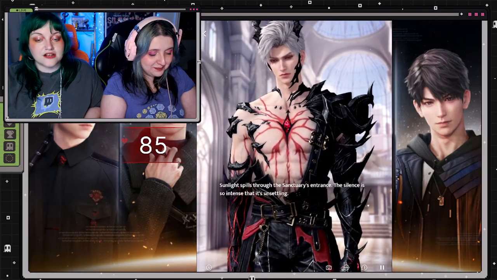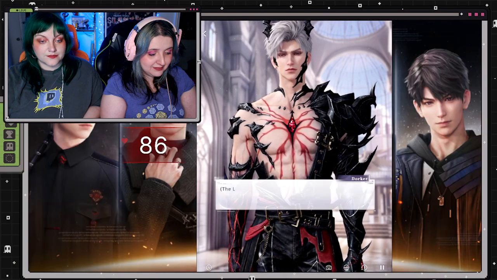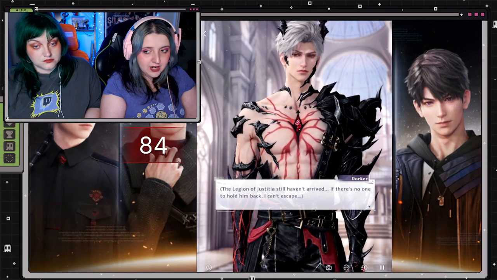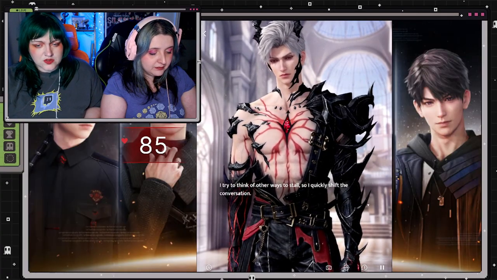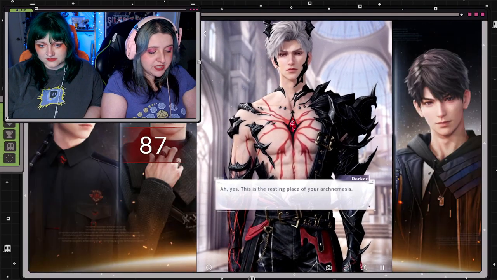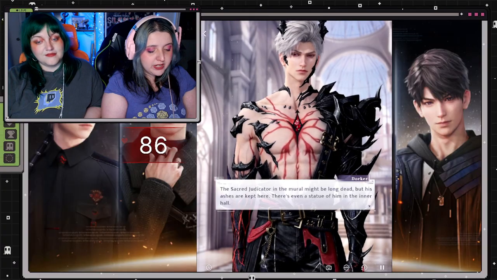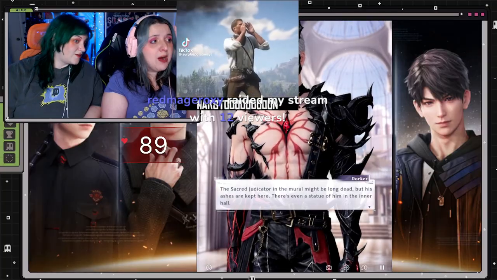Sunlight spills through the sanctuary entrance. The silence is so intense that it's unsettling. The Legion of Justicia still haven't arrived. If there's no one to hold him back, I can't escape. I try to think of other ways to stall, so I quickly shift the conversation. Ah yes, this is the resting place of your arch nemesis. The Sacred Judicator in the mural might be long dead, but his ashes...